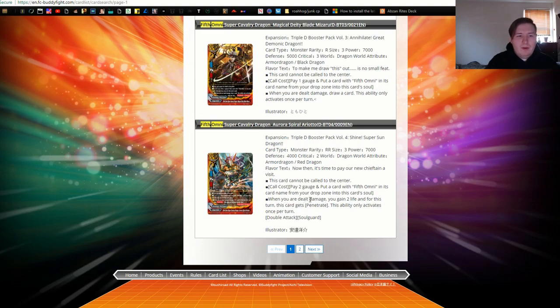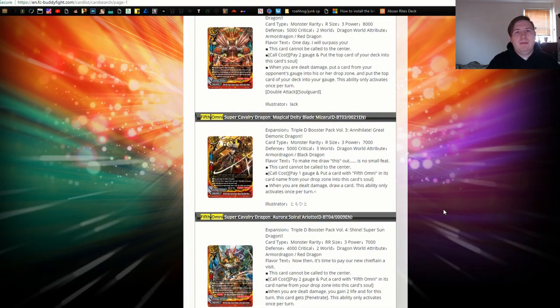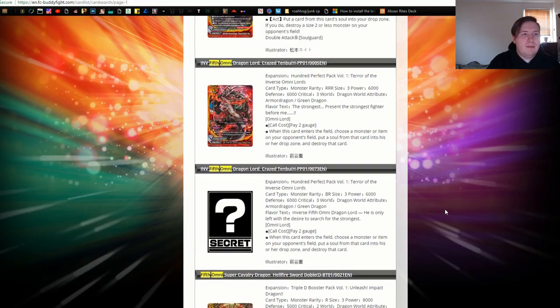because of his ability with when you are dealt damage, you gain 2 life. The penetrating double attack is great, but the fact that you gain 2 life means that you're doing the Fifth Omni thing of taking damage, but you're not actually taking damage. Every 1 damage you take should heal you, at least 1. Now, of course, on turns where you have to take multiple damage, there's other things that come in,